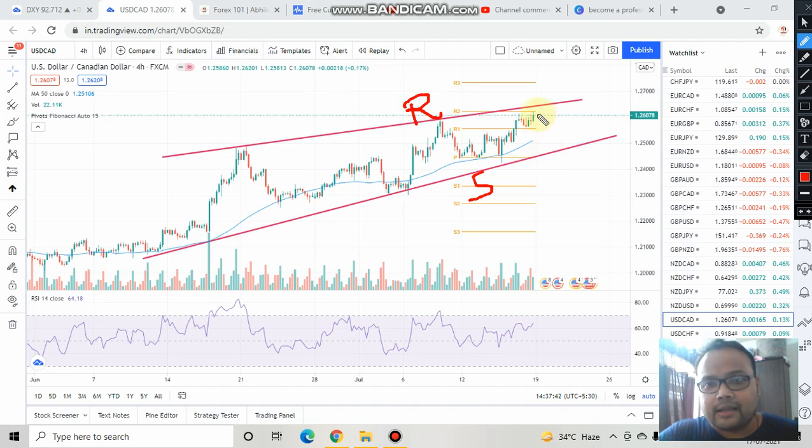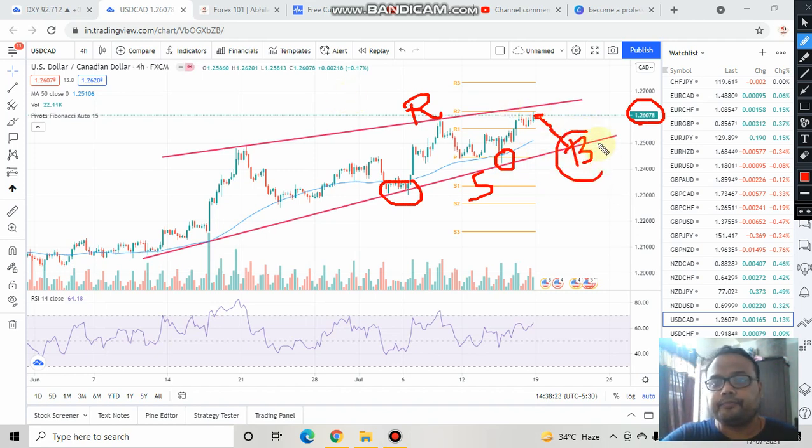Right now you can see that the market is trading at 1.2607. So wait for the market to come down to the support level. When you find the market near the support level, just observe the price. Observe the price means just see how the price is reacting. If you see that, just like previous times, the market is showing price rejection from below, or price is taking support, or the market is getting the required support at this trend line, then you'll get the confirmation that yes, Avilash was right. This trend line is acting as a support for the market, and you can easily go for a buy order here.